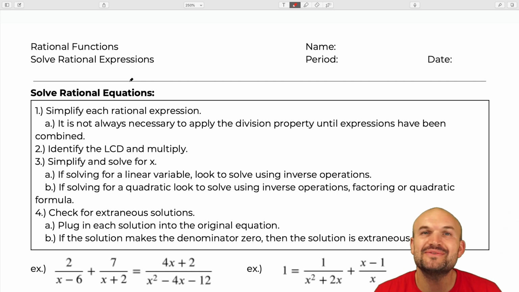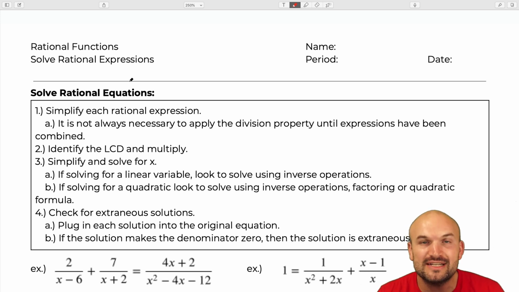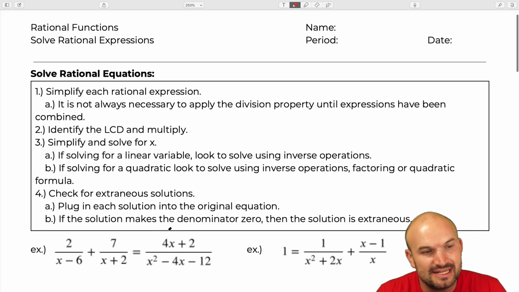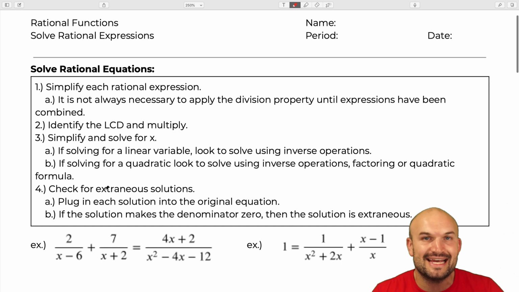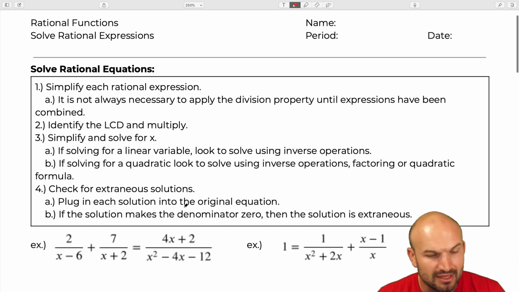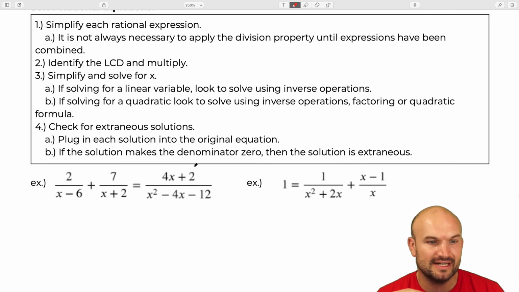All right, welcome back. So now let's get into the last section of this chapter, which is going to be the process video for solving rational equations. And again, you can see here, I have a little step-by-step guide for you to follow or always reach back to in case you get stuck on any problems that you're working through throughout this course. But basically, what we discovered in the introduction as well as through the notes